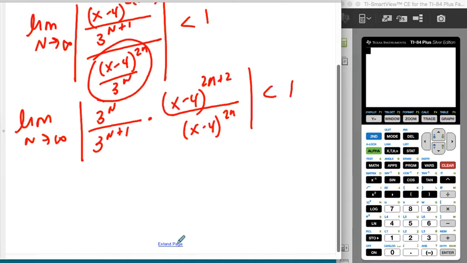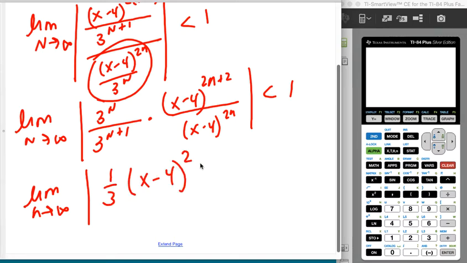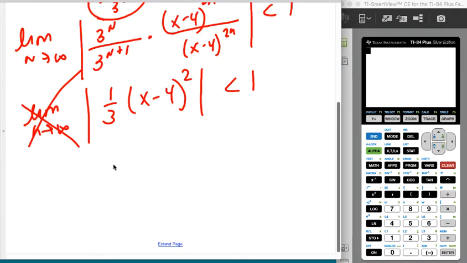It's less than 1, right? So these guys cancel. So here's my limit as n approaches infinity. These guys cancel to give me a 1/3, right? These guys cancel to give me an (x - 4) to the second. And now I suddenly don't need the limit anymore because there's literally nowhere to plug in the n. So I'm going to get this thing inside a squared is less than, when I multiply the 3 over, I